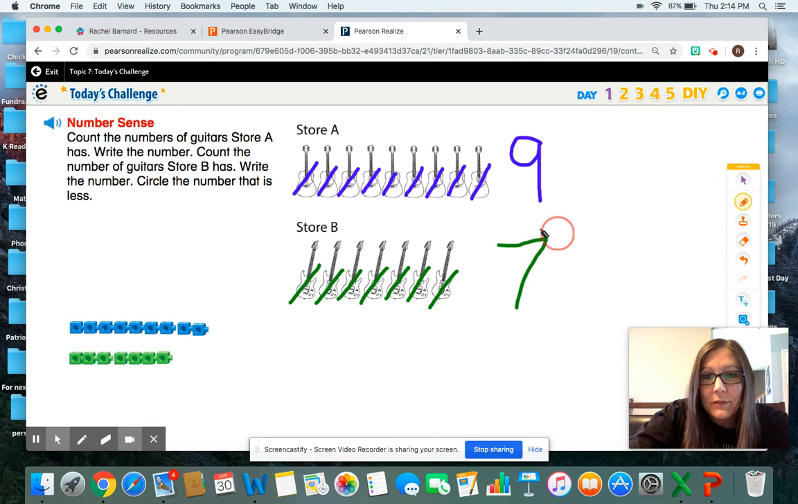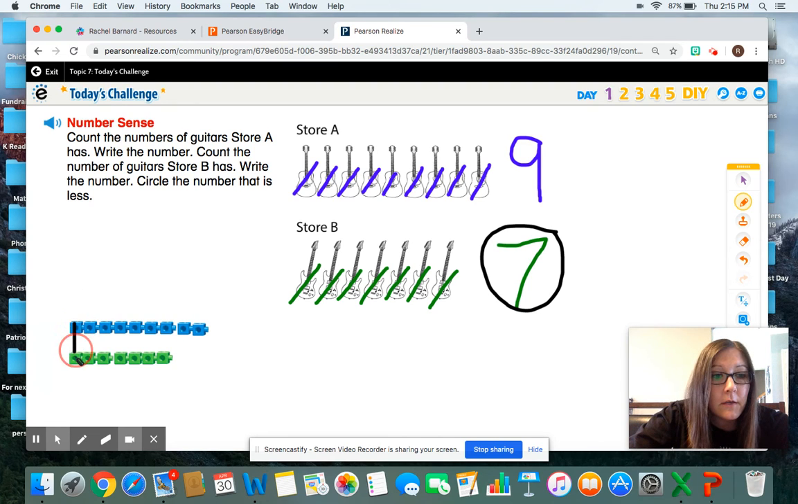So I am going to circle the number 7 because it is less than the number 9. And that's what it says. Circle the number that is less. Another strategy that you could use would be to match them up 1 to 1. Watch this. 1 to 1 match, 1 to 1, a blue to a green, a blue to a green, and